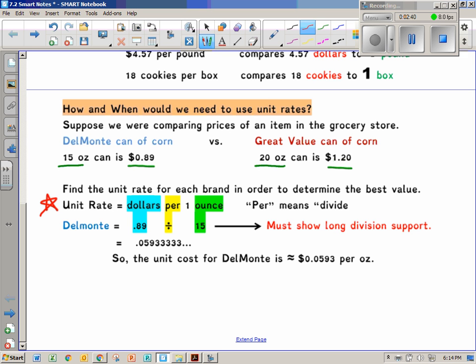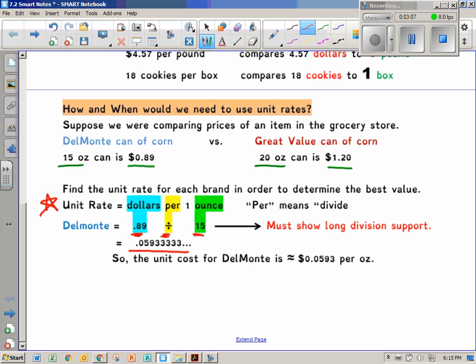If you're trying to determine an amount of money to spend, of course you want dollars per ounce. So per indicates divide. So you take your dollars, if you want dollars per ounce, and you divide by your number of ounces. And then you would show the support for the long division, but when I did it, I wrote what I got right here,